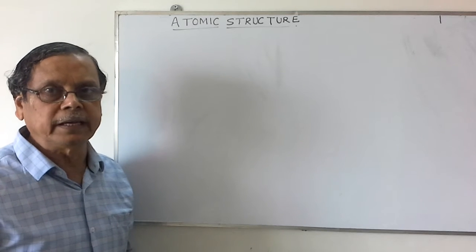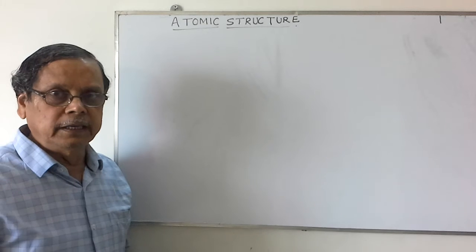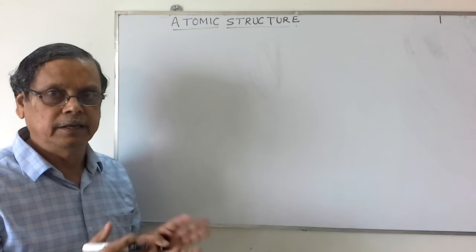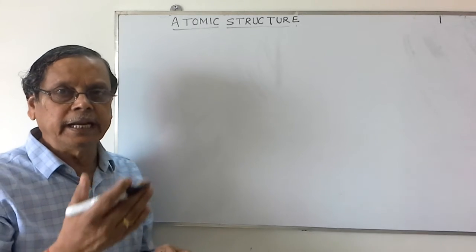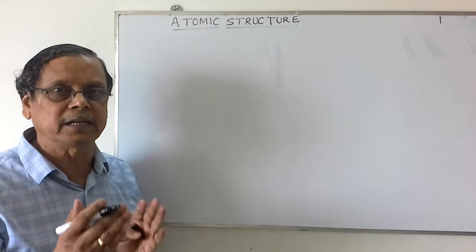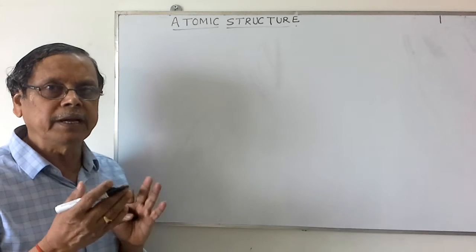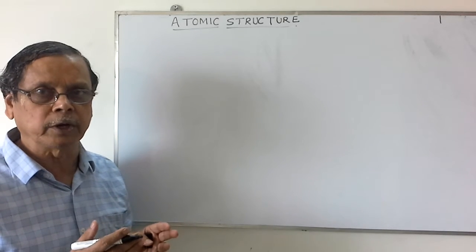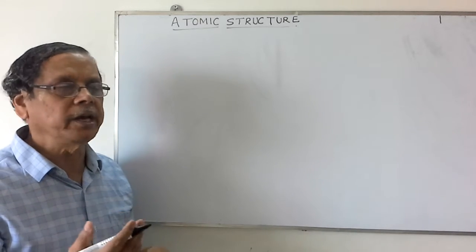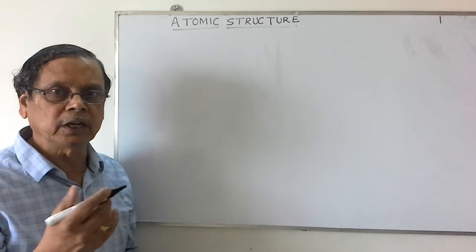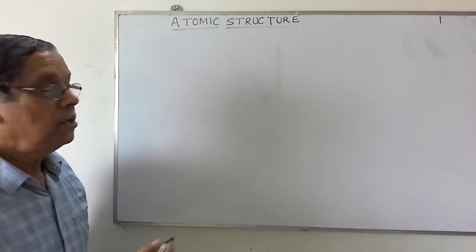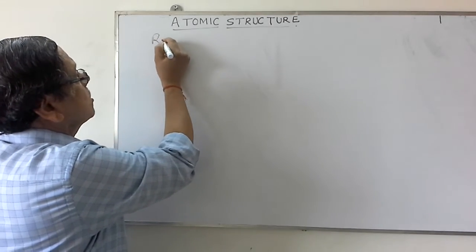So there is a drawback in Thomson's model because the positively charged particles at the center are distributed throughout the atom. Negative charges are distributed here and there, just like a watermelon containing red mass and the black seeds. There will be an attraction between the electrons and the protons, and hence it does not give stability to the atom. That's why we are going for the next theory, that is Rutherford's theory, Rutherford's model, which is actually based on the experiment. So we are studying today Rutherford's